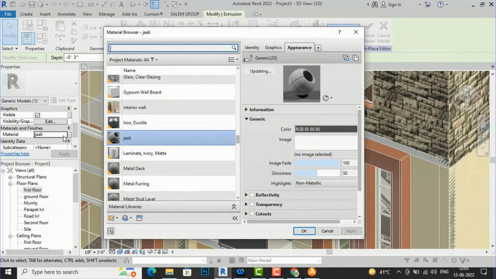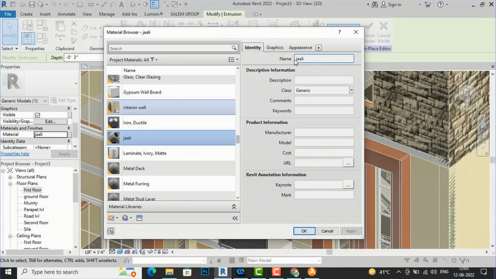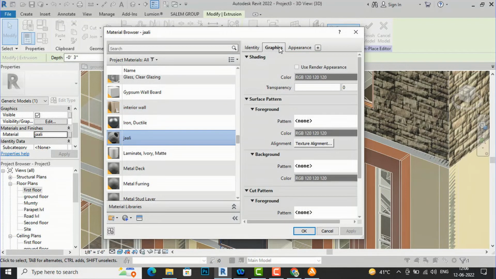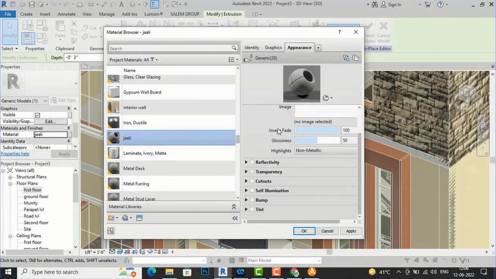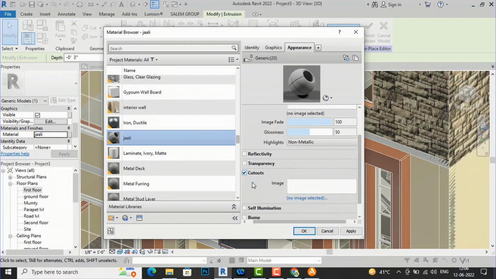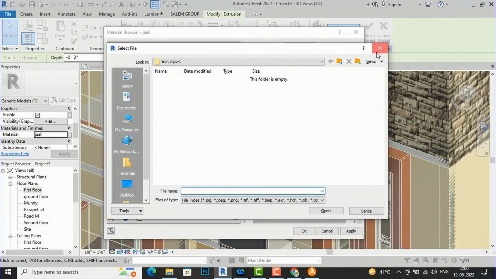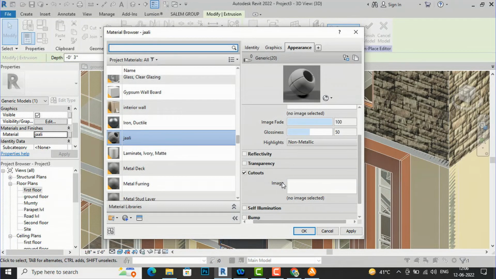So I'm going to my jali here, and now I'm going to identity. You can name this from here also. Then we'll go to graphics, and we'll leave this setting, and can select use render appearance, and you can select this appearance now. And now I'm going to select this cutout, and after selecting this cutout you are required to